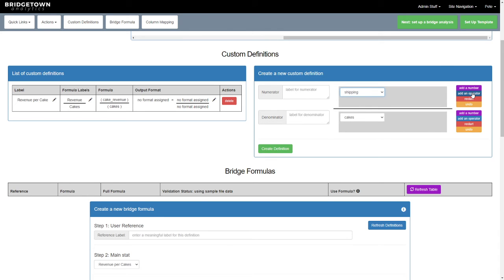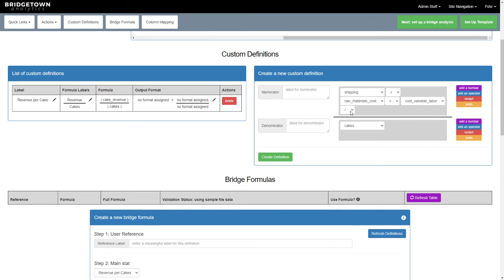Over on the right hand side, we've got 4 options: add a number, add an operator, restart, and undo. So if I click add an operator, I'm going to get another drop-down box that contains the standard algebraic operators. So divide, multiply, add, subtract, and parentheses, so you can indicate the order of operations these things should happen in. So this one is a relatively simple expression here. We're going to say shipping plus raw materials cost plus variable labor cost plus